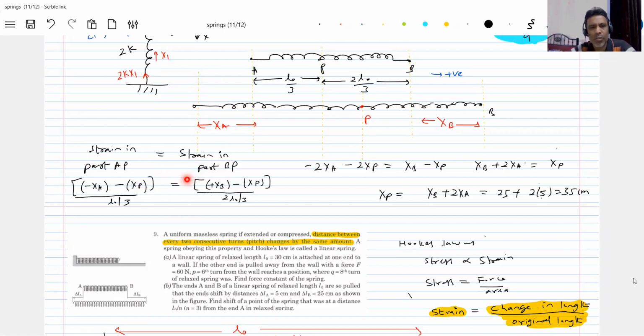See, altogether, what will happen? The displacement of B is how much? 25 centimeter. This is 5 centimeter, no? So all parts of this spring will have displacement, and there can be some point which will be at rest, no? I think nobody made this observation. There'll be some point on the spring which will be at rest. So therefore, this particular formula should be like this.